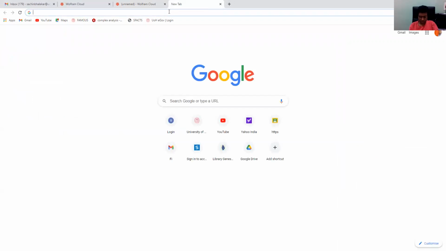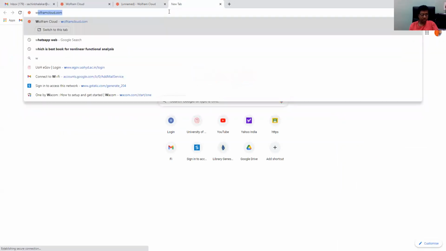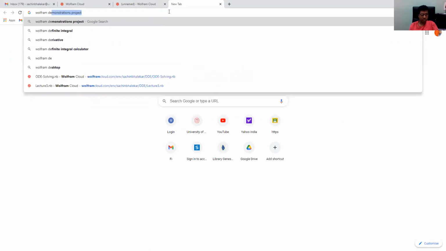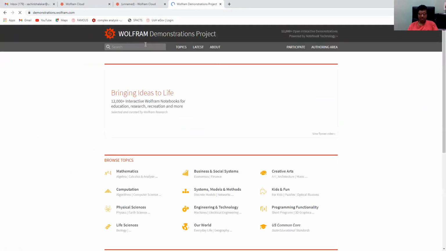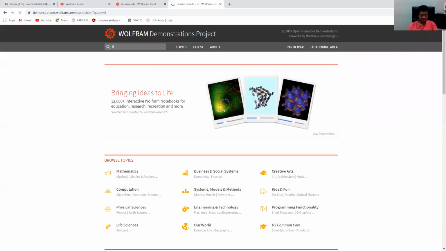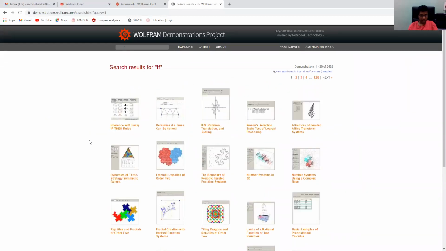There is a website also, all from demonstrations.wolfram.com, where you can find so many examples, basic as well as high. If you search here, I should put If, then you will see the details.